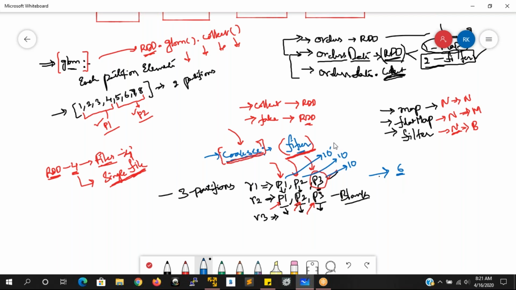You cannot say that the first 5 records will stay in this partition and the remaining 5 records are sent to one more partition like P4, and of those, 5 records are kept and the remaining 5 are sent to P5, and then 5 are kept and the remaining 5 are sent to P6. We cannot expect it like this.